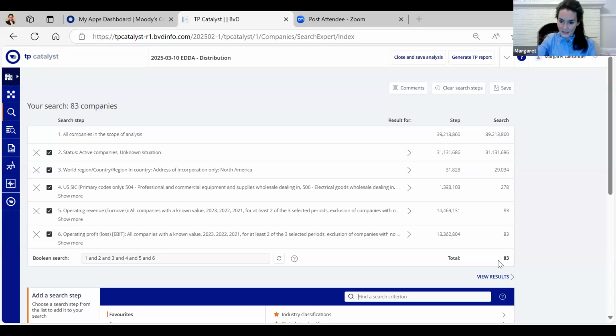And so once you get this number down to what you think is a manageable number, you're going to manually review certain pieces of information for each potentially comparable company. And that takes time. We have some customers that like this number that they're going to manually review to be between 200 and 300. That's kind of a lot.